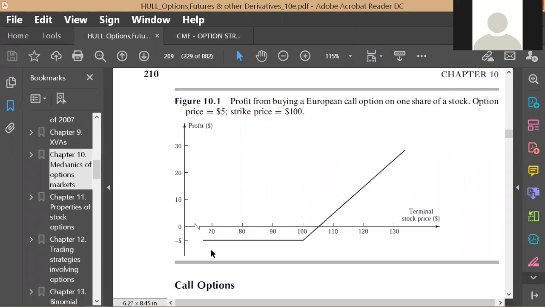So what you're plotting here is the profit on one side and the terminal stock price. So essentially,